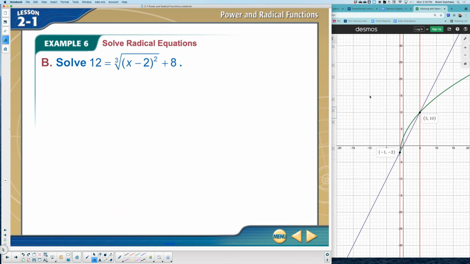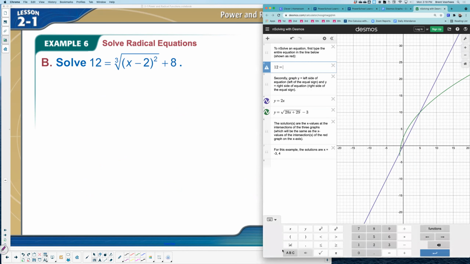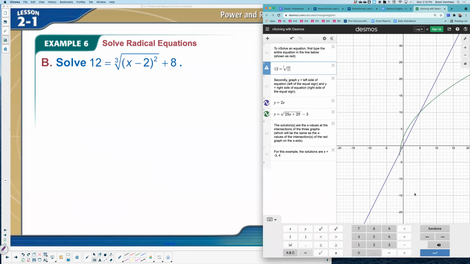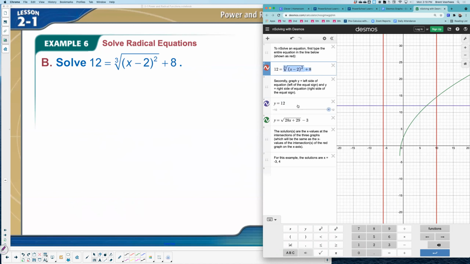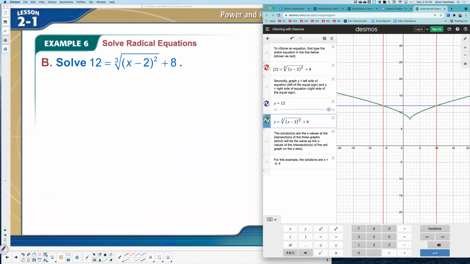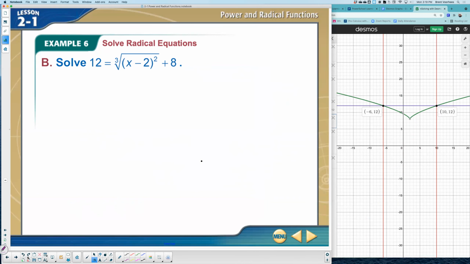And so if you wanted to try again, this time I'll do Desmos first. 12 equals, it's the third root, so I need to go to my functions, miscellaneous tab, and hit the n for the nth root. 3 times, and here x minus 2 squared, and then plus 8 on the outside. Again, if you copy down the equations, y equals the left, y equals the right, the intersections should be the answers, which here would be -6 and 10. So the answers to this problem are going to be -6 and 10, and I'll prove it to you